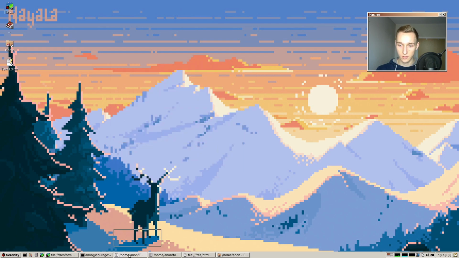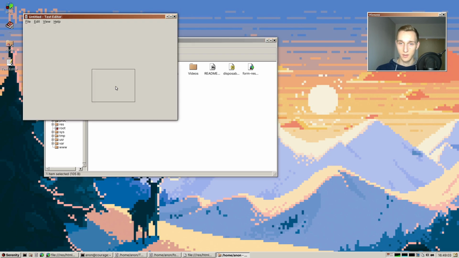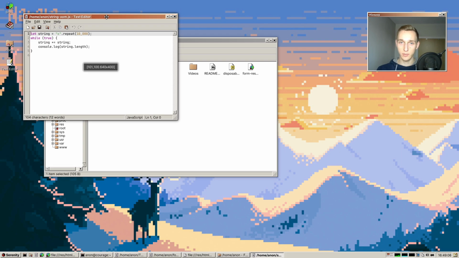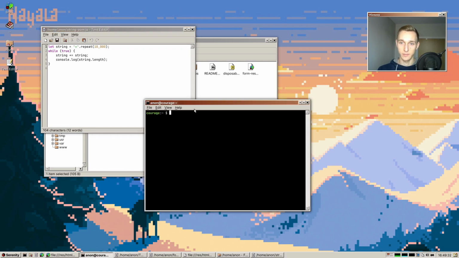So let's have a look at some example. Right, for example here, in the string prototype, so when you say string literal dot blah blah blah, most of these are now aware that string allocation can fail. And so in this example, we make a string that is 10,000 characters long. And then in an infinite loop, we just append that string to itself and print out the length. And so at some point, this will obviously fail because we run out of memory. So let's see how that looks. So if we do JS